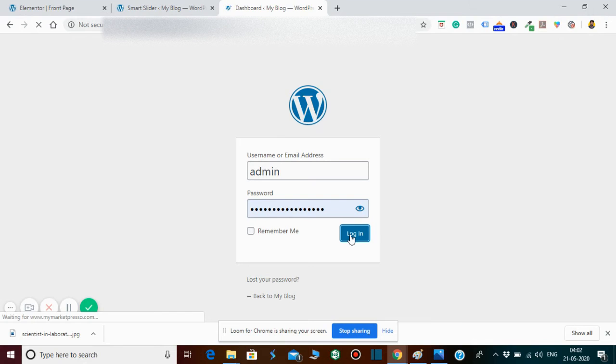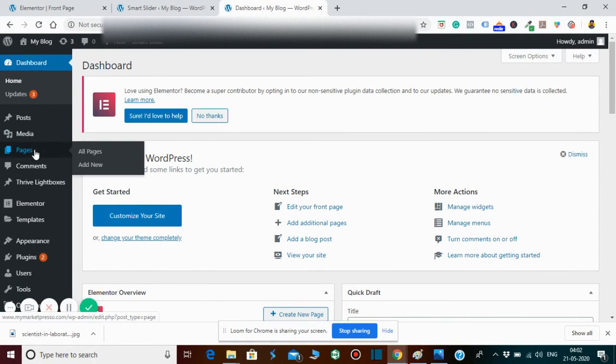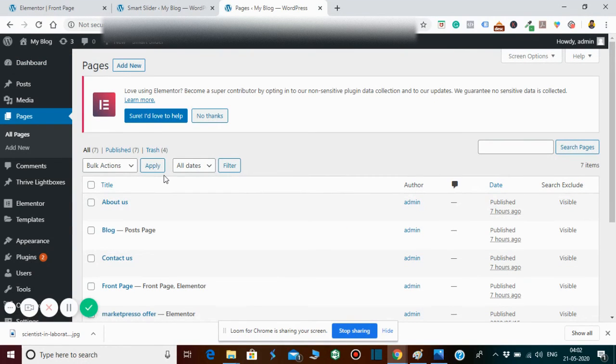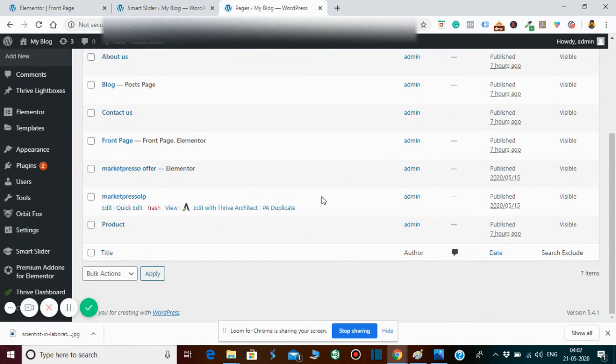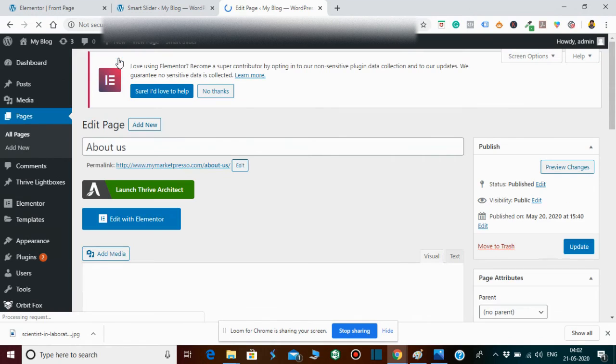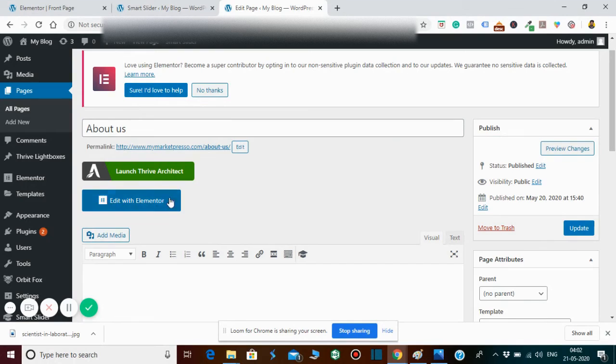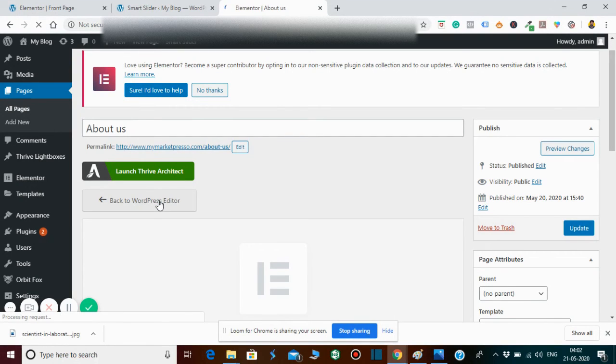I simply go and log in with my dashboard, and I will click on the pages. So in which pages do you want to do that, right? So for example, I want to do it on the home page. There is the front page, or we can say the about us page. Let's say the about us page, right? So what you have to do is simply go and edit with the Elementor, right? When you click on the Elementor,